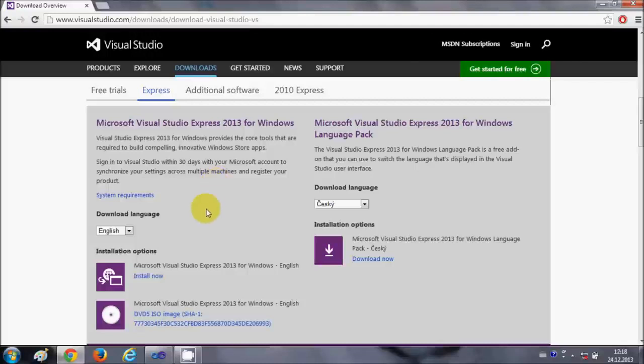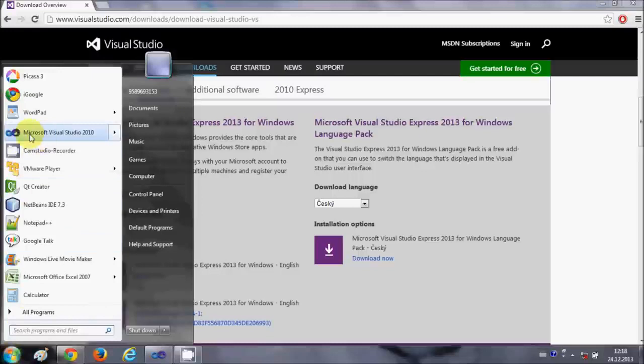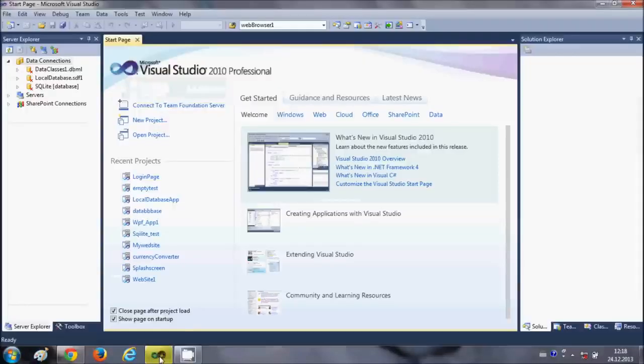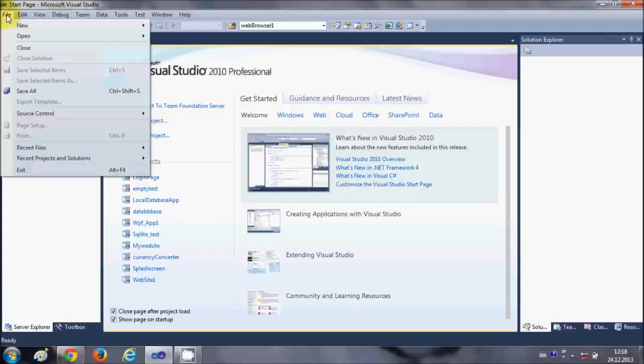And when you are done with your downloading and installation, just go to the start button and click Visual Studio from there, and it will open a Visual Studio environment like this. In here we are going to start a new project, so go to File and then go to New Project,